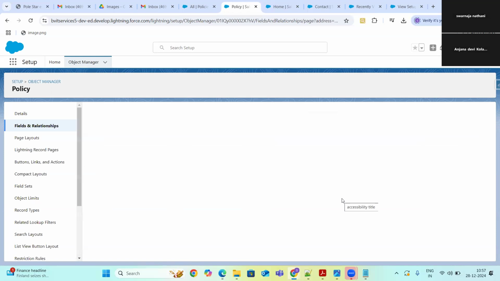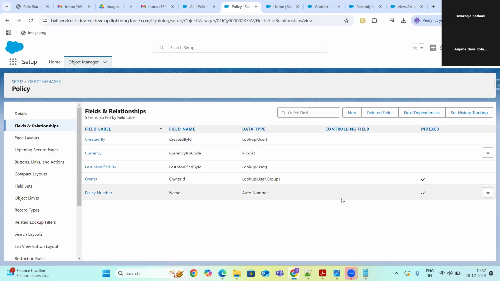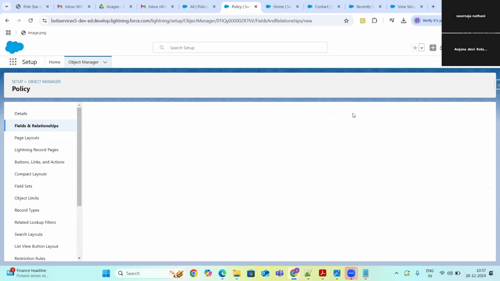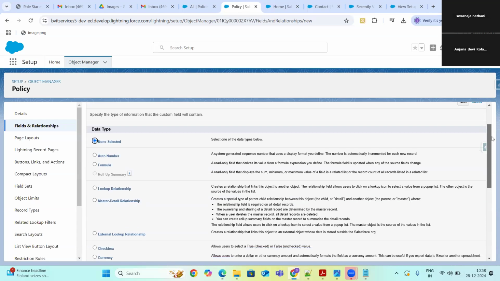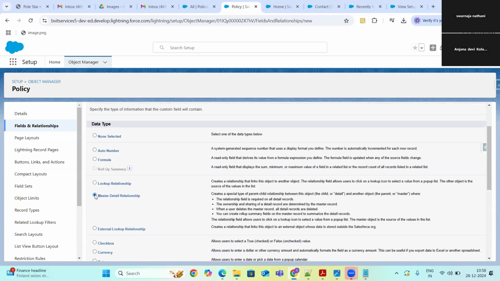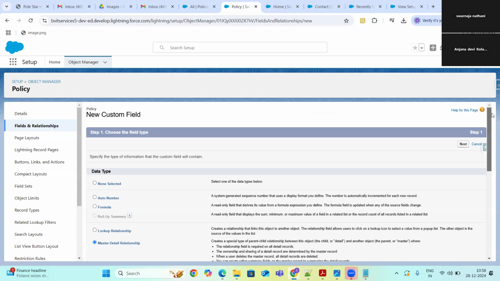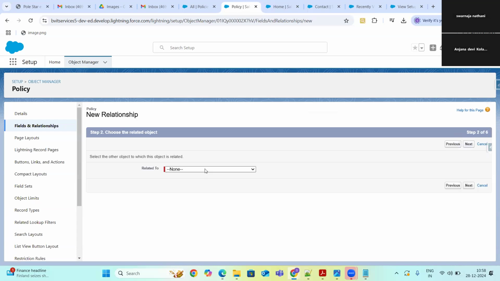So now I want to create a master detail relationship. I'm going to click on master detail and click on next, and select the account. Click on next.